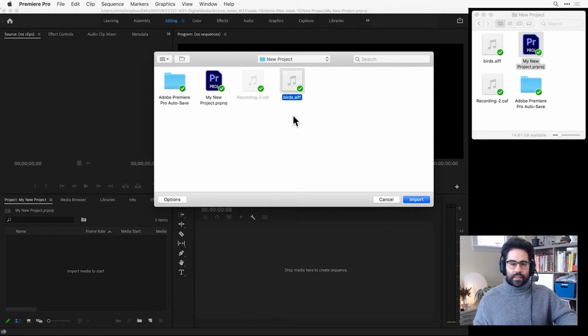So I can go ahead and select as many files as I'd like to import here. And right now I've got this birds.aiff file selected. I'd also like to grab this other audio file, but I notice it's grayed out. So that looks to me like it's in an audio format that Premiere can't read. Now we can work around that pretty easily, simply by converting to a format that Premiere can work with, such